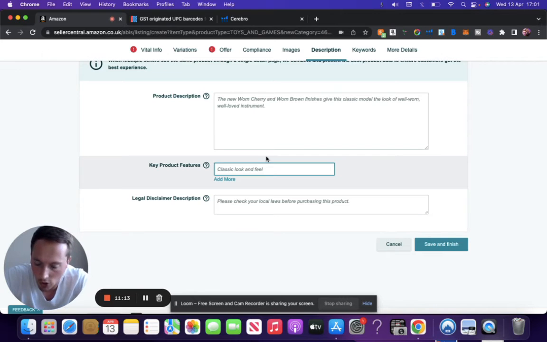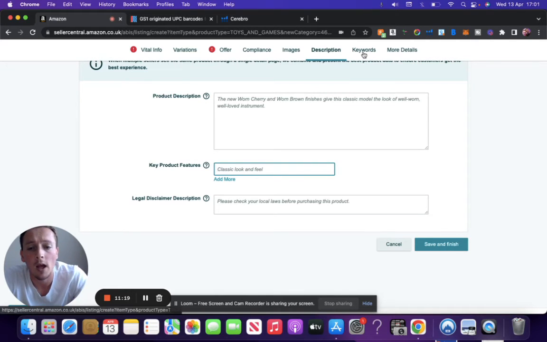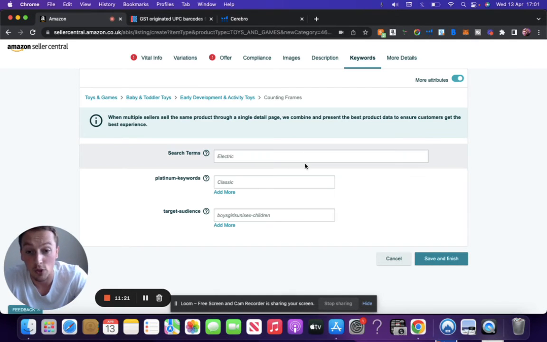A good idea is to go into your competition and find out what your competition is writing there, and then do a similar thing and improve it. Next thing you want to do here is go over to your keywords, so your search terms. Now you want to put as many search terms as possible there. Make sure you don't put